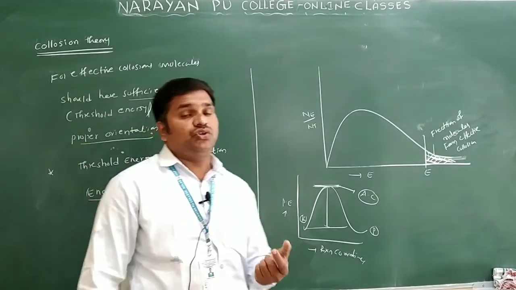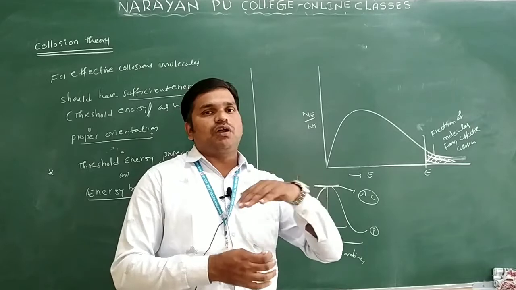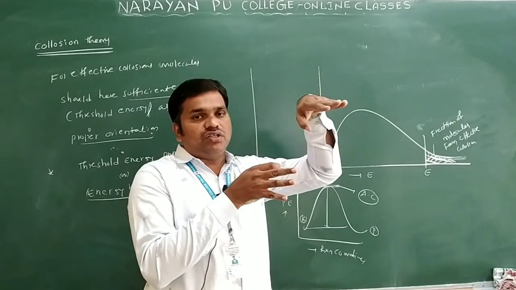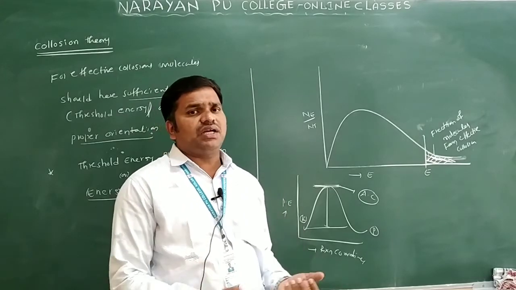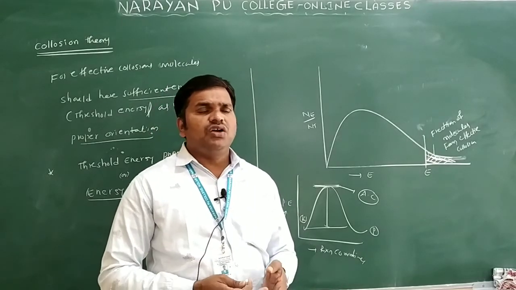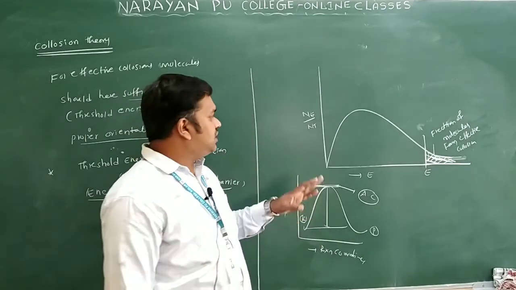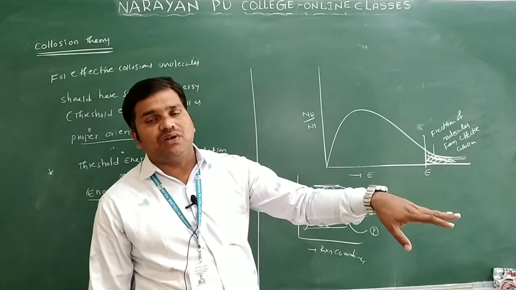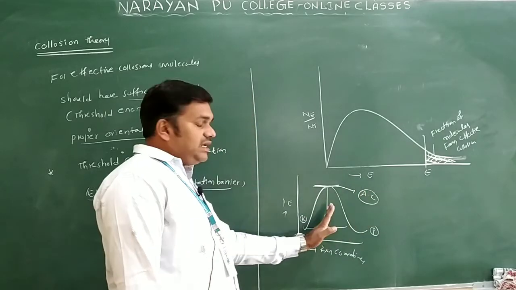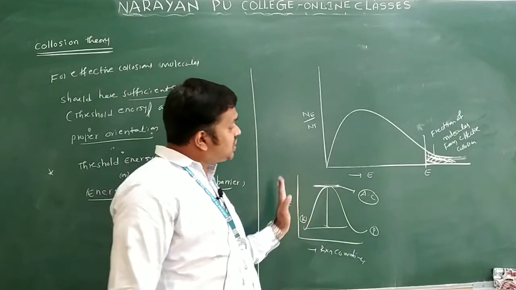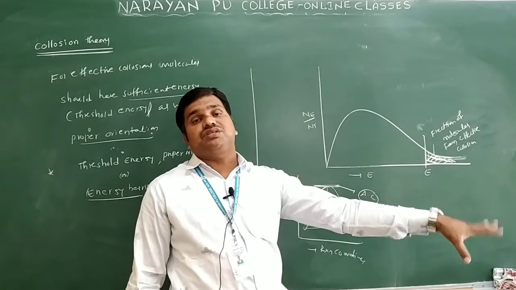Energy barrier. Suppose you are participating in a long jump competition. You just have to cross over one height barrier. If you do not cross it, you may have two or three chances. If you lose your chances and do not cross the barrier, you do not get the medal. In the same manner, the reactant molecules have to cross the energy barrier to be converted into products. If it does not cross the energy barrier, the reactant molecules are converted back into reactants. If it crosses the energy barrier, the reactant molecules are converted into products.